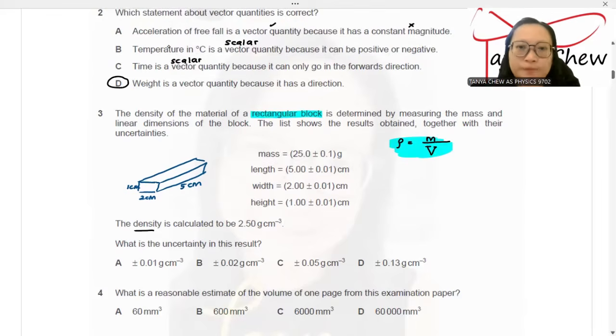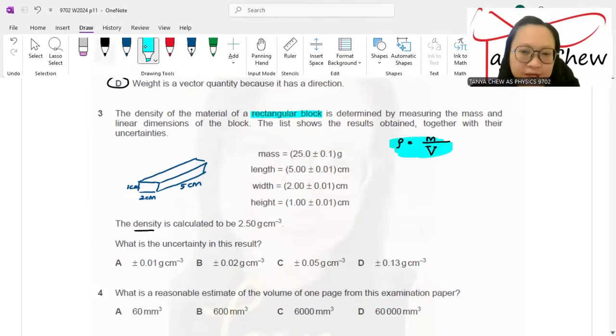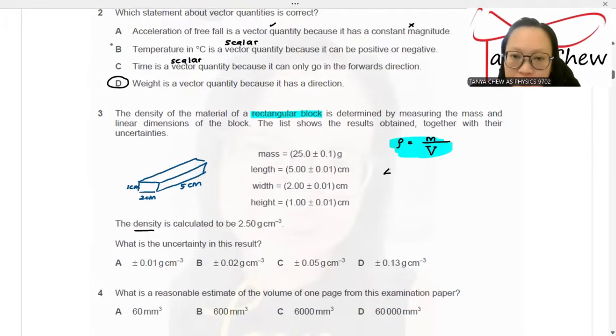This is the equation, the definition of density. It involves division. Do you still remember what the rule is when it involves division? The rule is that when a division is involved, you add its fractional uncertainty. How to find the fractional uncertainty? Very simple. Just put the absolute uncertainty divided by the value of the density equals,